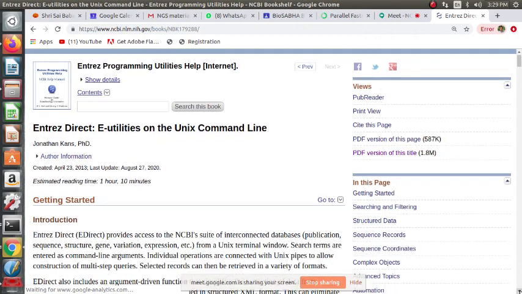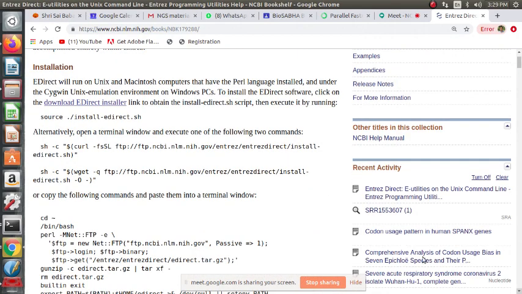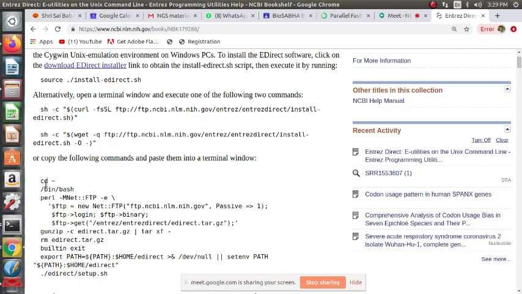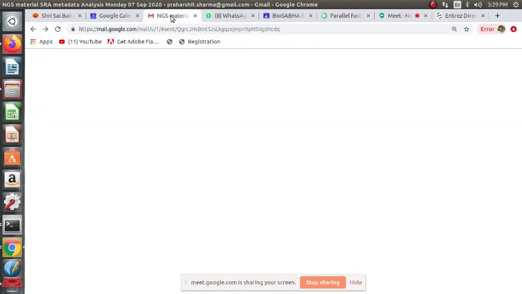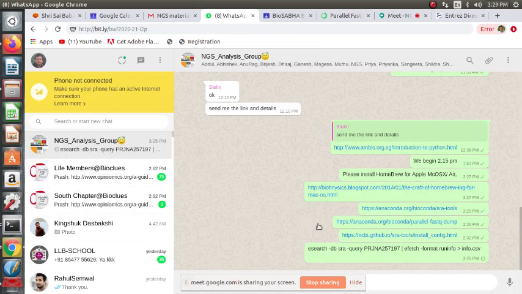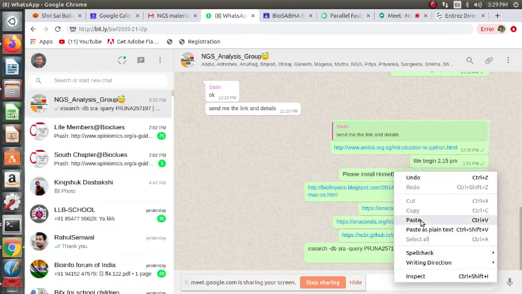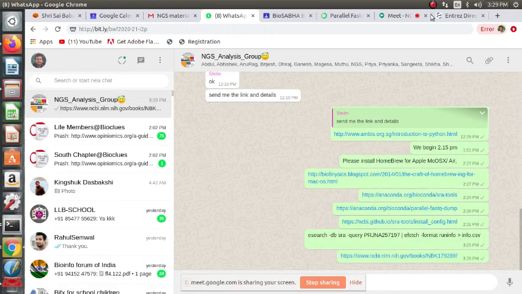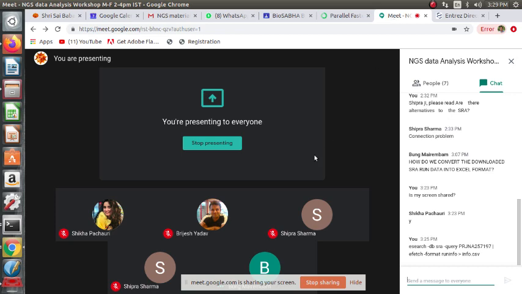The runinfo is what you want to depict in the Excel format for getting the SRA metadata visualization. So follow these instructions for downloading eDirect, a command line utility to access NCBI from the command line. So this is a link here. Most of the previous participants have already downloaded and installed eDirect. Okay, so this is the eDirect link to install.